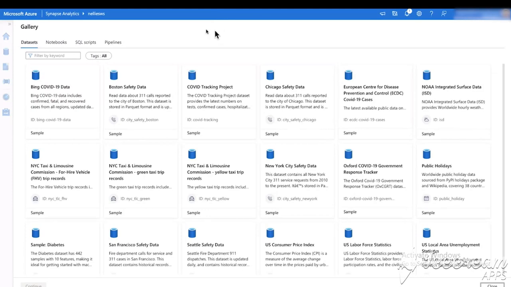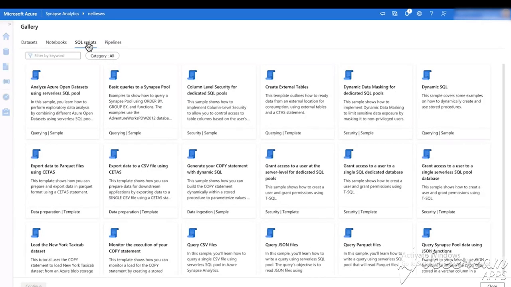You see here that we have data sets, notebooks, SQL scripts, and pipelines. So as an example, if I come into my workspace and I just want to get started and run some SQL queries on the built-in SQL that we have, so that I can explore my data, let's say in the lake, using some